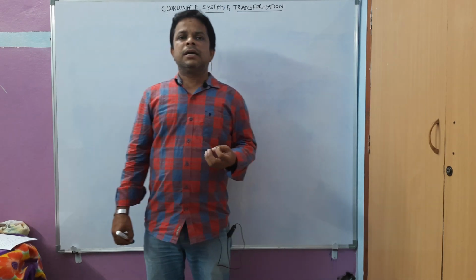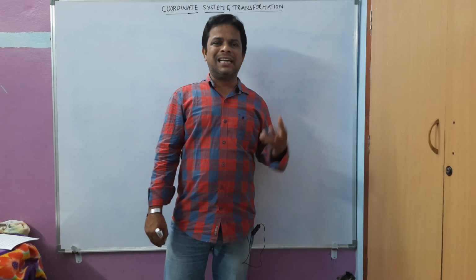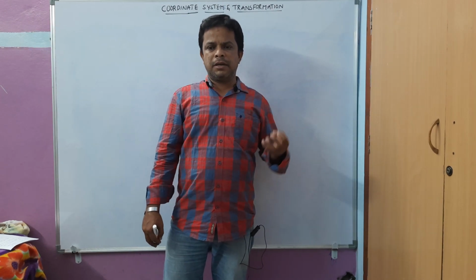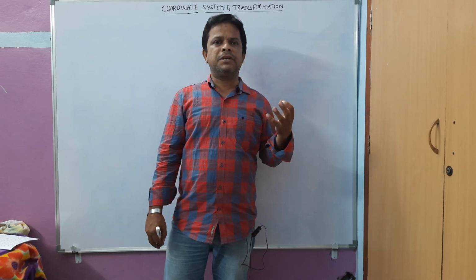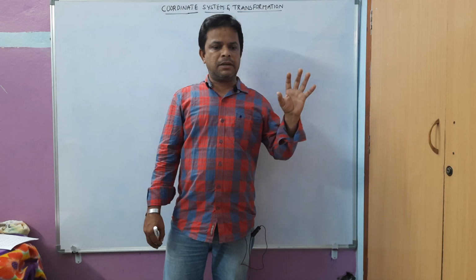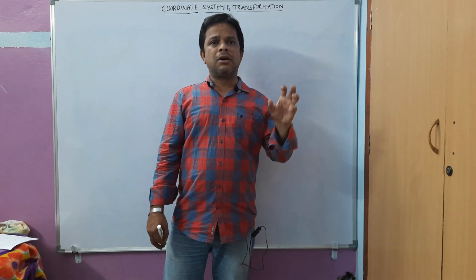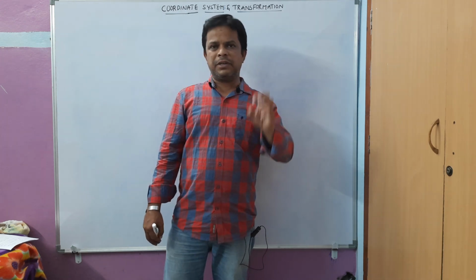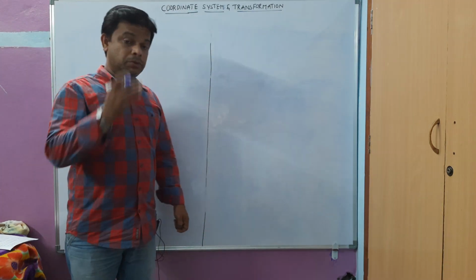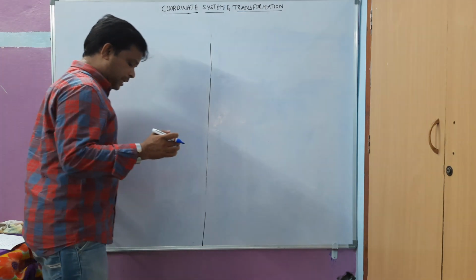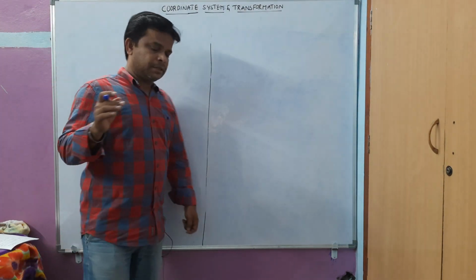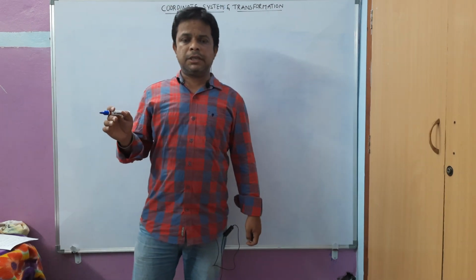Suppose we take a rectangular coordinate system, which is well known, that is the XYZ coordinate system. By using this coordinate system, we can visualize or analyze a wave in the space variables. In order to understand this, we are going to take a point or a vector in a coordinate system.